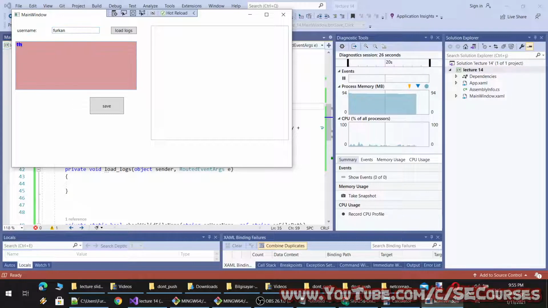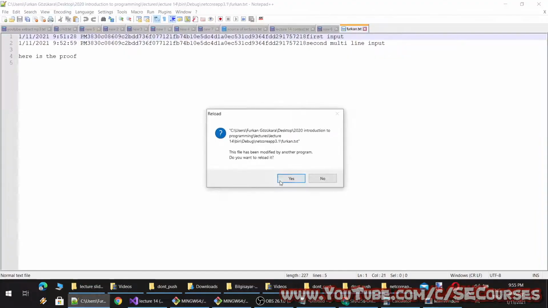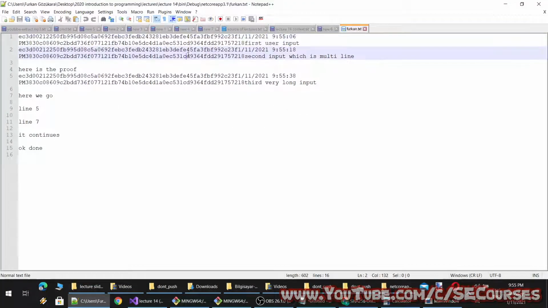Okay, and third, very long input. Here we go. Let's copy and paste, or let's say, okay, line 5, line 7. It continues. Okay, done. Every one of them is saved, and let's load it here.